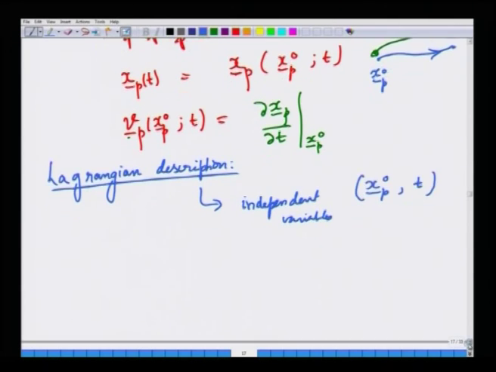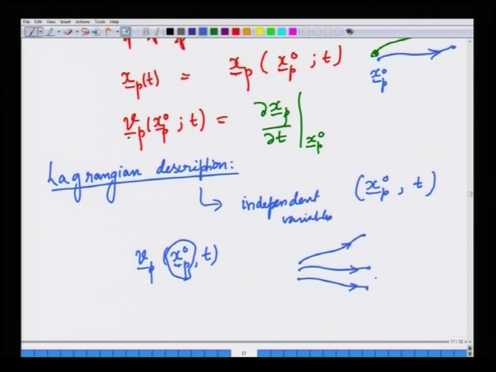So, for all properties, such as the velocity of a particle, it is a function of its initial position and time. This is the velocity of a particle which was at x_p0 at time t equal to 0, and as the particle moves, what is its velocity at a later time. So, you are following various particles and then inquiring what is their velocity, what is their acceleration, what is their density, what is the pressure, what is their